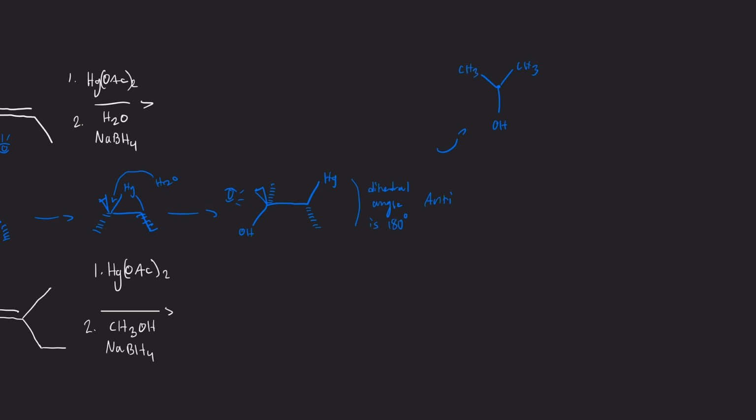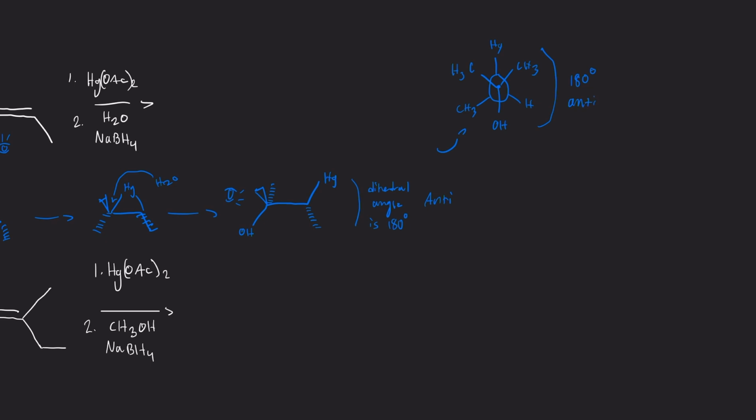Actually, sorry, it'll actually be H3C, same thing, but we're just attaching to the carbon. And then in the back of the molecule, we have our mercury going up, right? And then we have a CH3 going to the left, right? All right, and also we'll have a hydrogen going here. So, if you see in the Newman projection, the dihedral angle between the OH and the HG is 180 degrees, and this is your